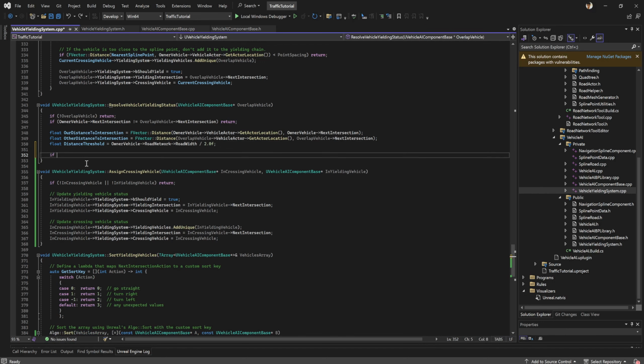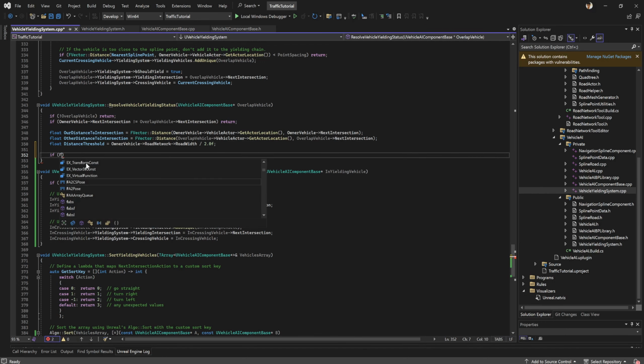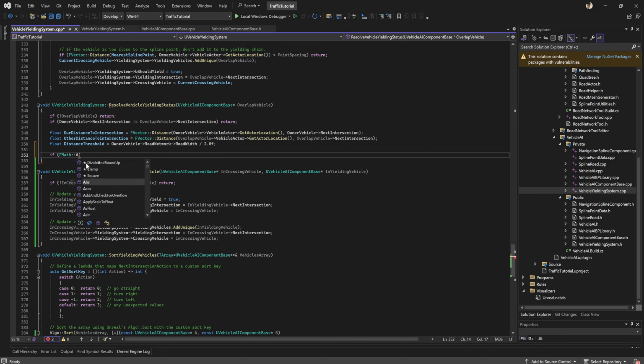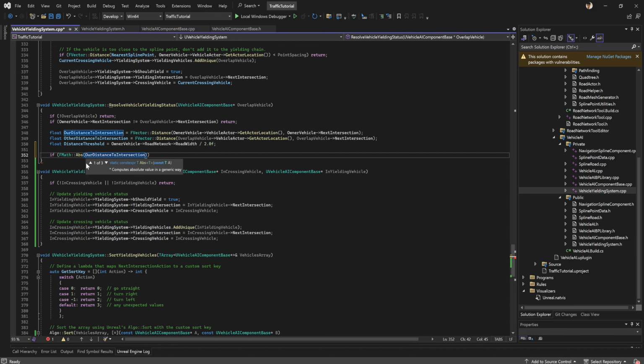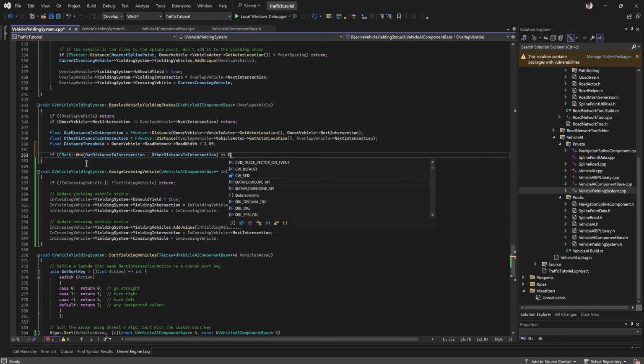And if fmat abs our distance to intersection subtract with the distance to intersection less than distance threshold,